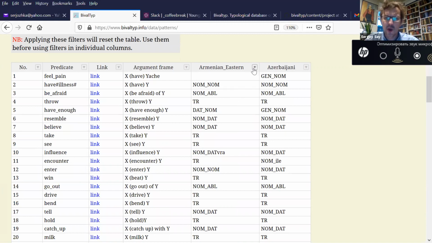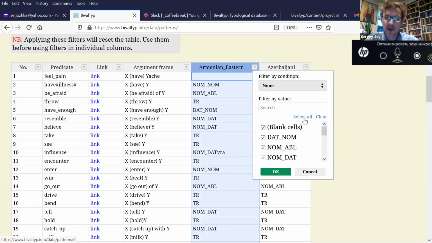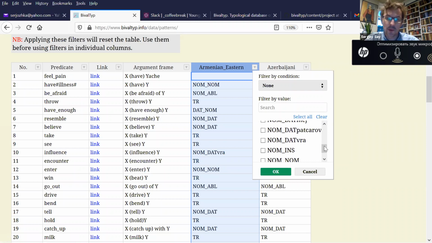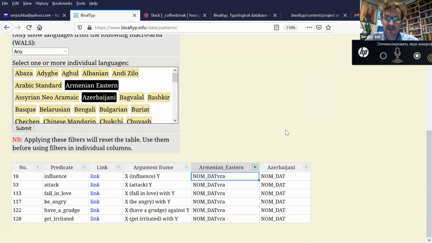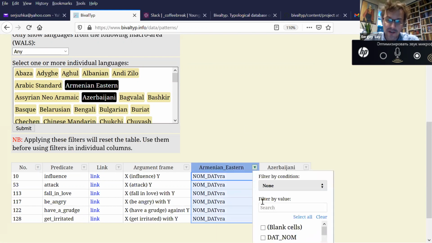And you probably remember that there was a weird pattern in Armenian which required encoding of the second argument with the postposition vra. We can see what these verbs are and whether they have any specific correspondence in Azerbaijani. And we actually see that all Armenian verbs that have the second argument encoded by this device correspond to Azerbaijani verbs that require the dative case. The reverse, however, is not true,